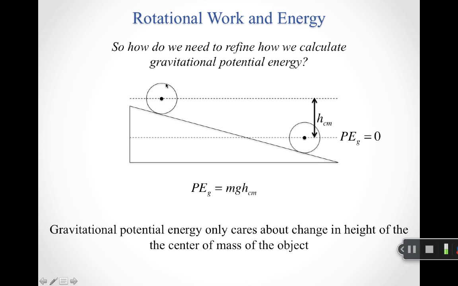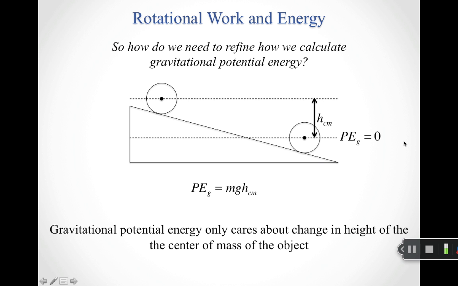So here, you can think of, say, this piece of the ball that was at the top. As it rolled down and rolled down, maybe that same piece is at the bottom when it gets here. But gravity doesn't care about how the individual pieces are rotating about the center of mass. All that gravity cares about is where the center of mass started and where the center of